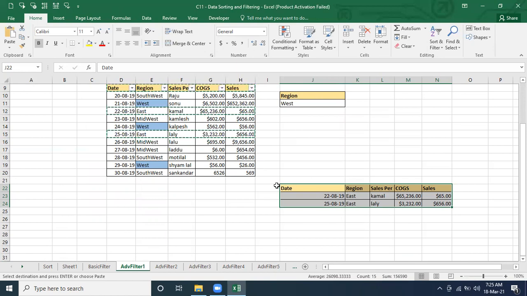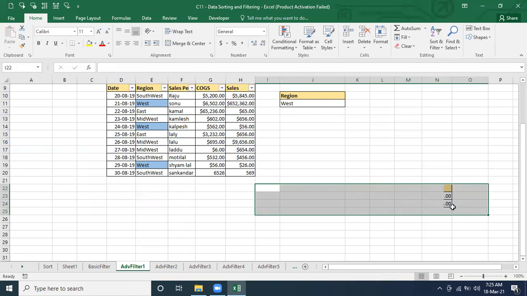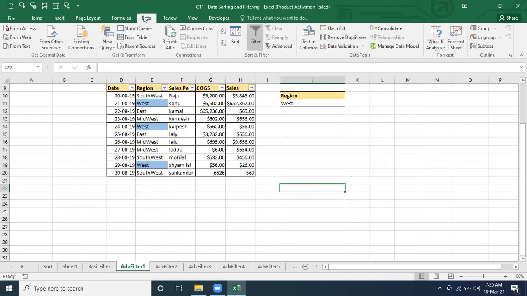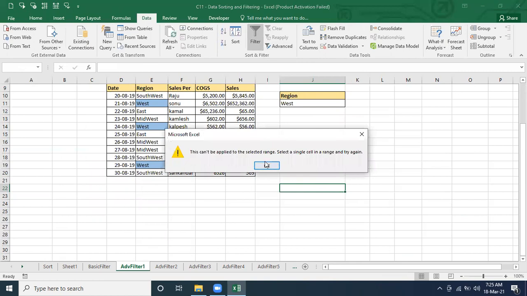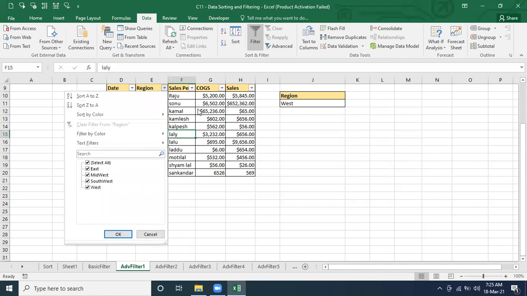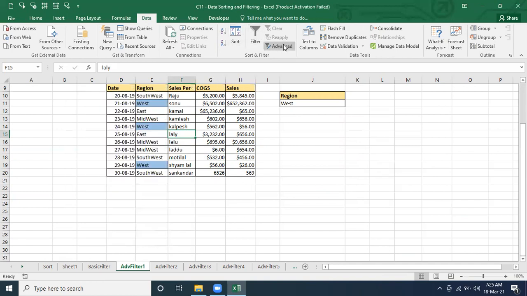But I am telling you, Excel realized this work, this activity, and on behalf of this they have built one function. So what function is that? That is the advanced filter. Filter we have already finished. Remove the filter and apply the filter. This is the filter we can apply, and I already explained all the options there. Now I'm talking about the advanced filter. What is the advanced filter and how are we going to work on it?